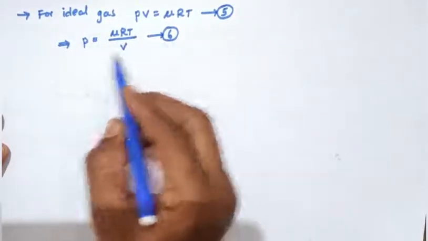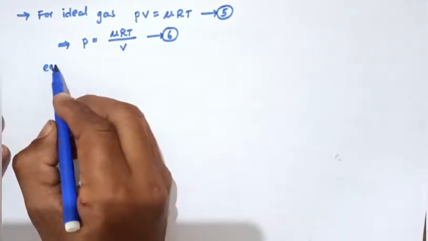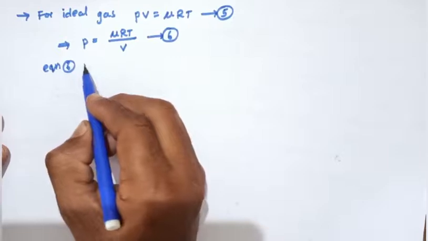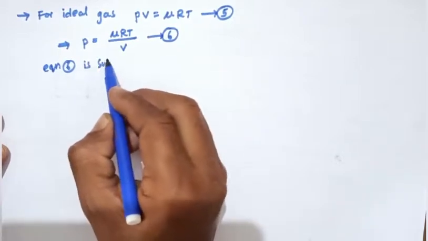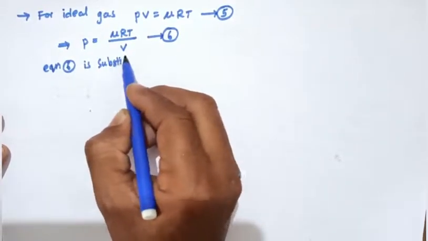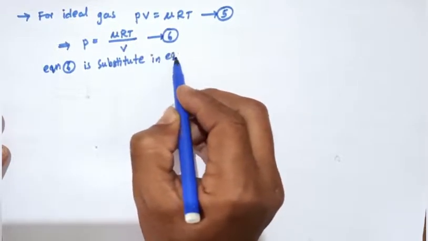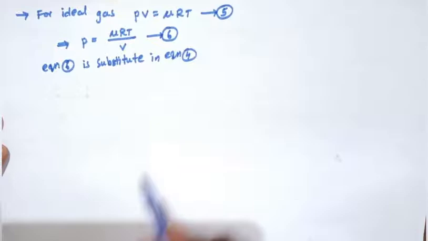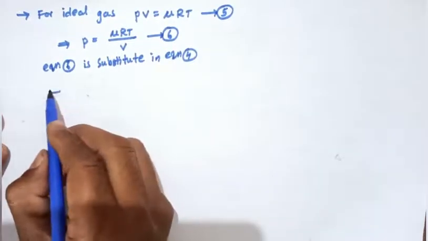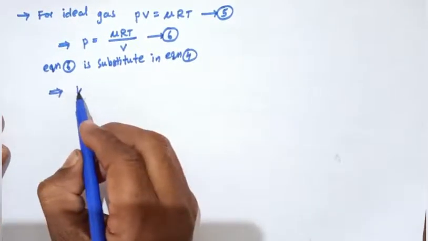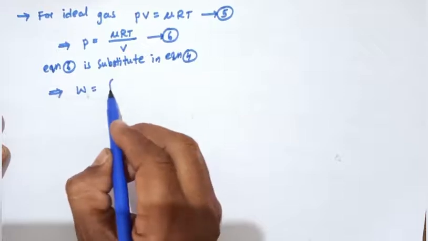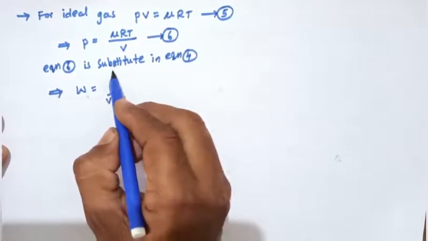Okay, equation number 6 is substituted in equation number 4. So then we will get W equals integration of V1 to V2